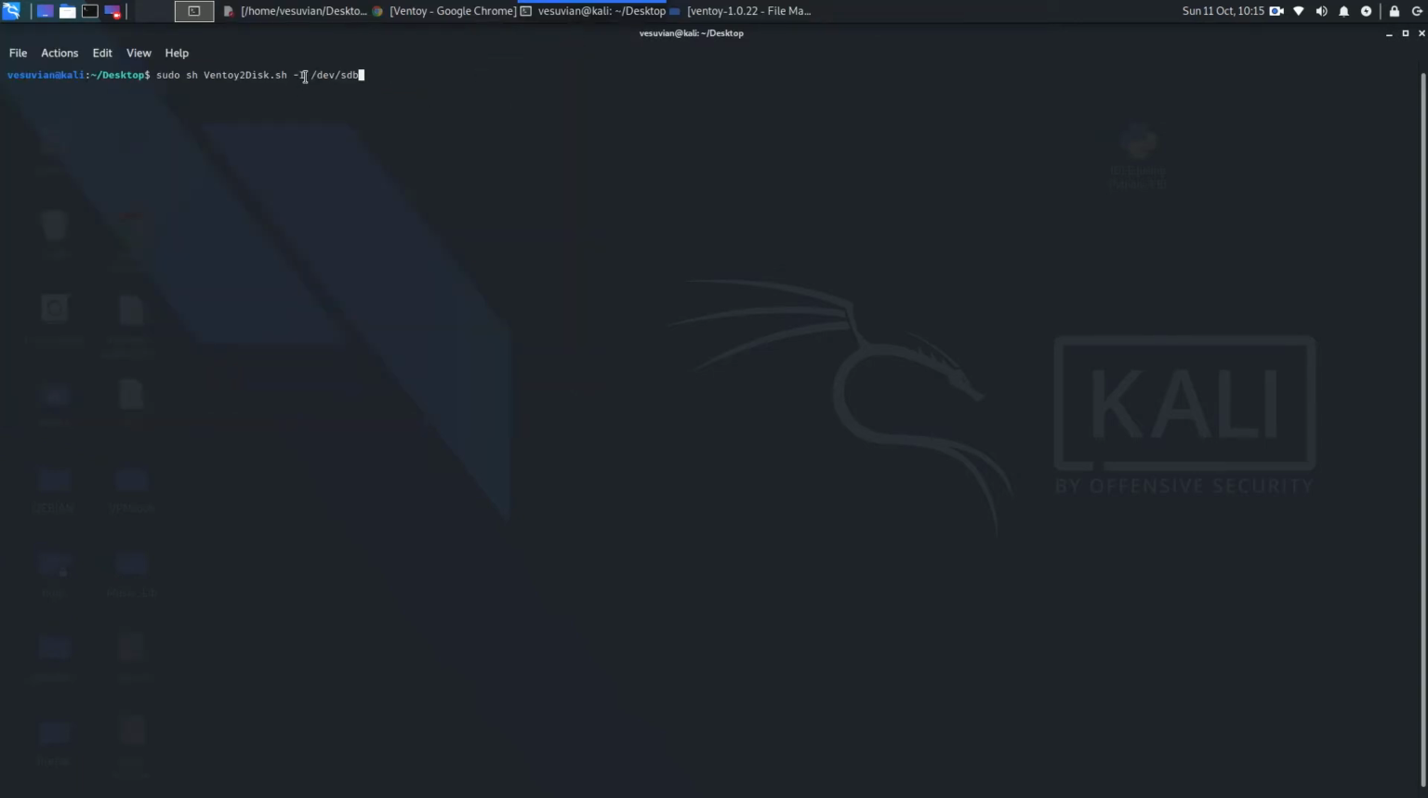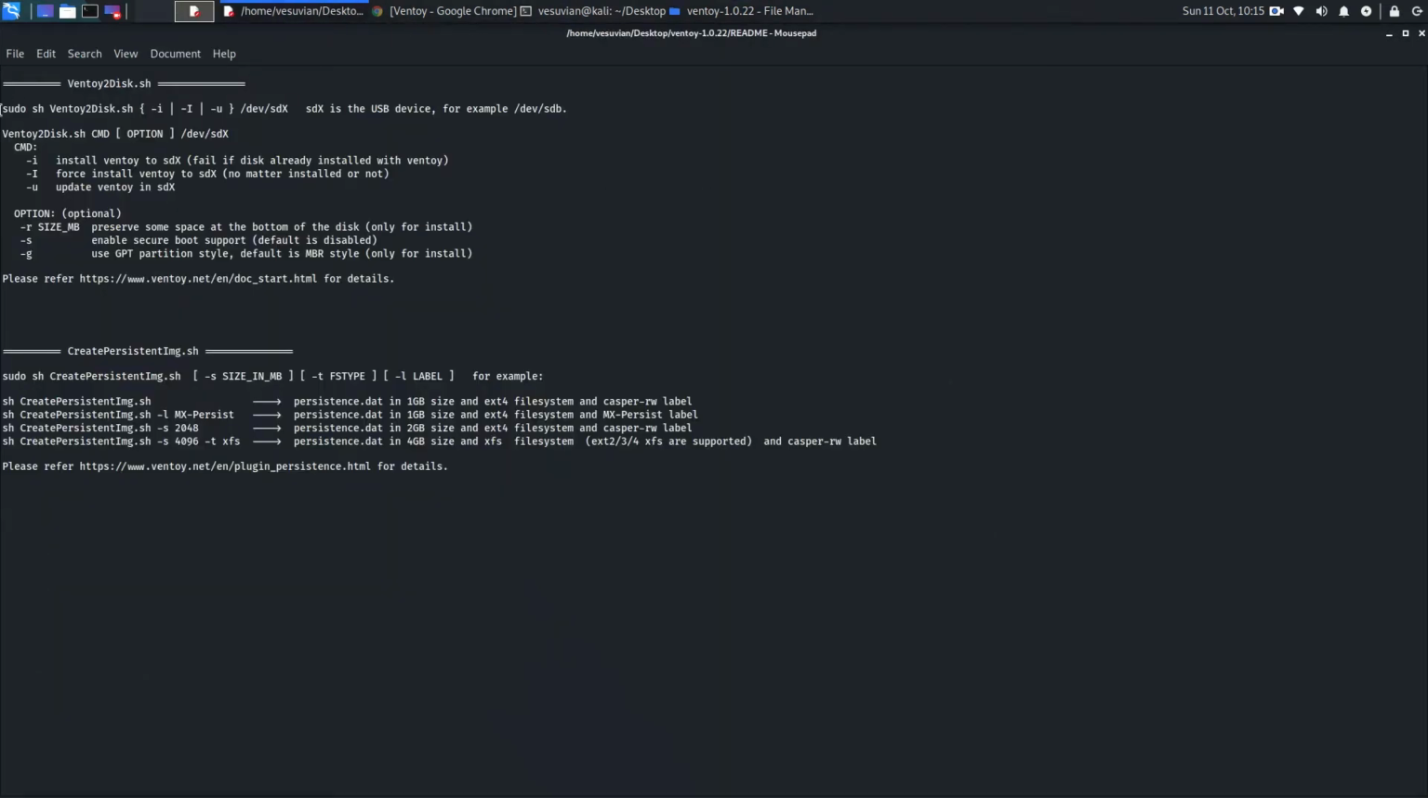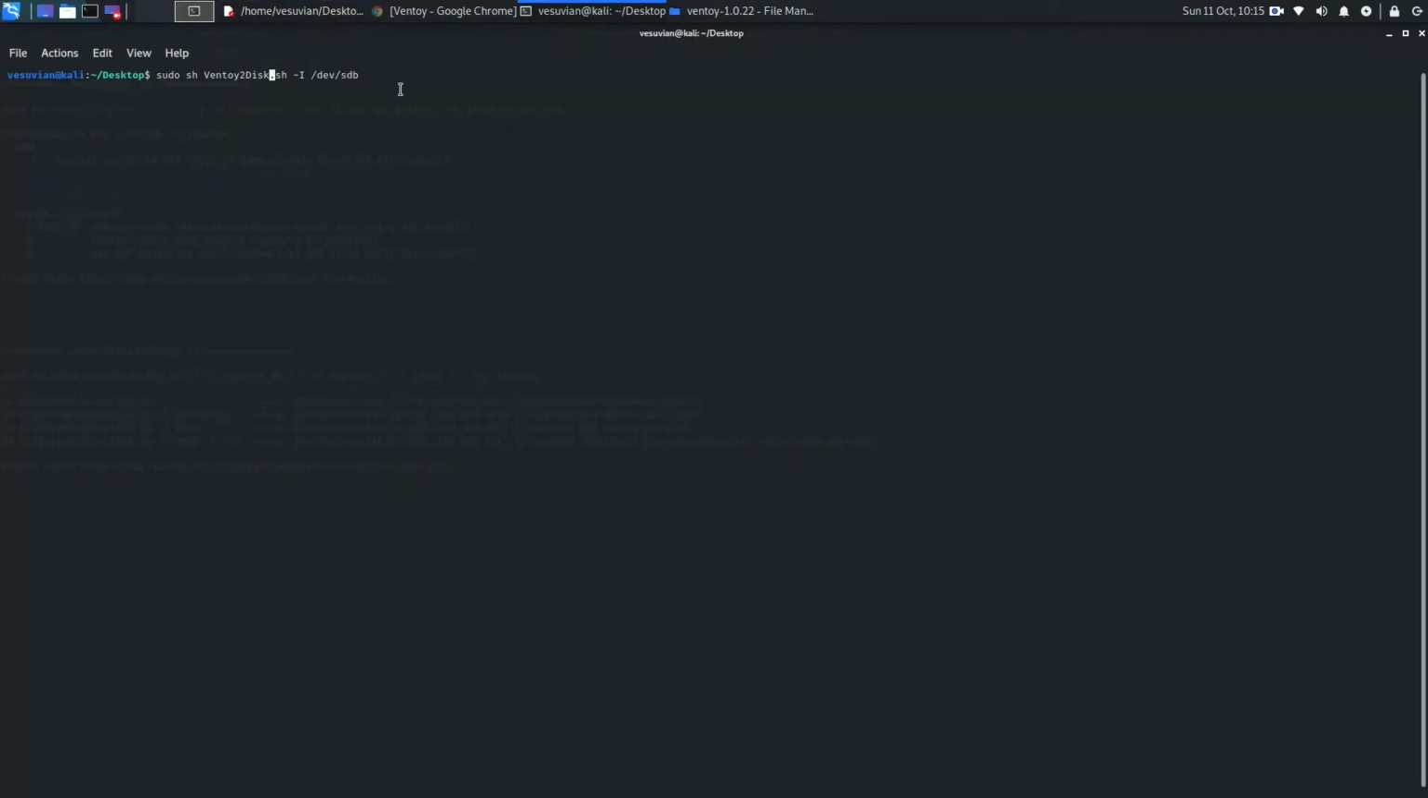I use the capitalized I usually. But yeah, you just copy and paste this command. Where is it? Copy and paste this. And then you can see here, I is for install to X. It fails if there's already a Ventoy in there, like if you already installed Ventoy to the USB. Or you force install no matter what. I usually just use the I one because why not force it. And then you type in, you go